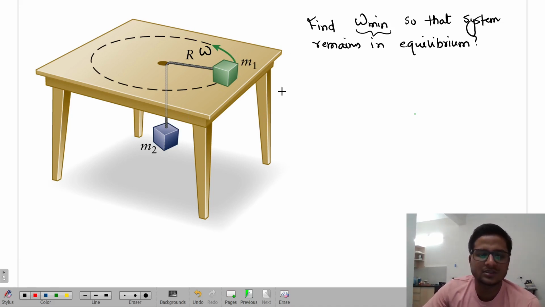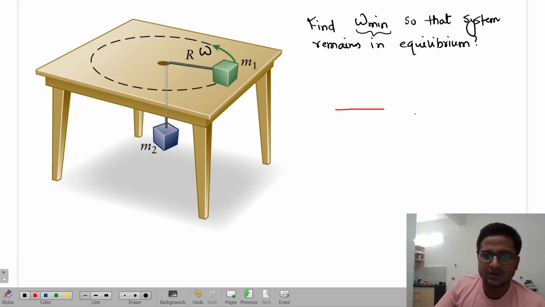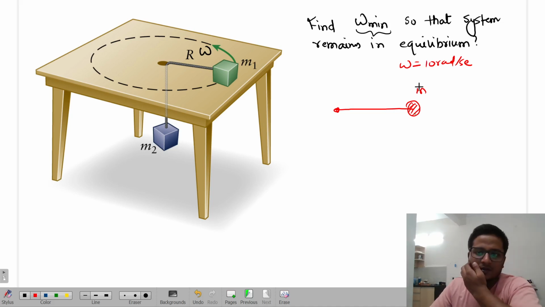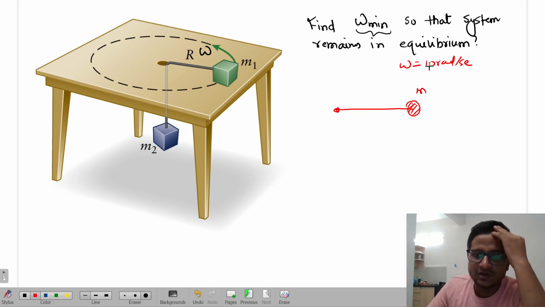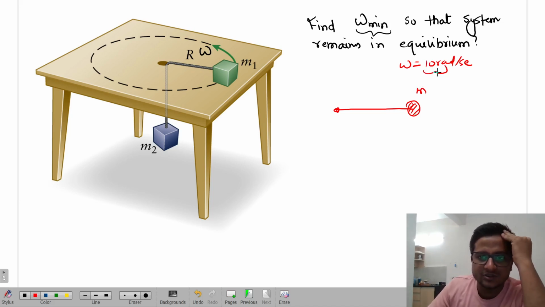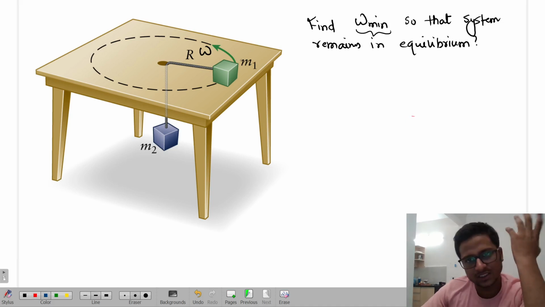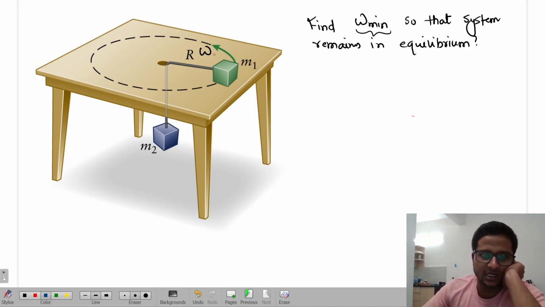सिंपल सी बात है, अगर मान लो एक थ्रेड है, इसके साथ बॉब को अटैच कर दिया, ठीक है, बोला गया कि 50 न्यूटन पे, अगर ओमेगा की वैल्यू 10 rad per second है तो थ्रेड टूटता नहीं है, अगर ओमेगा की वैल्यू 10 rad से ज्यादा हो गई तो थ्रेड टूट जाएगा। तो basically at that case what is your maximum value? 10 rad, because beyond that the thread is breaking, and after that I can pick up any value, I can pick up 9 rad, 5 rad, 6 rad, for which the thread will not break, isn't it? But 10 से कम।